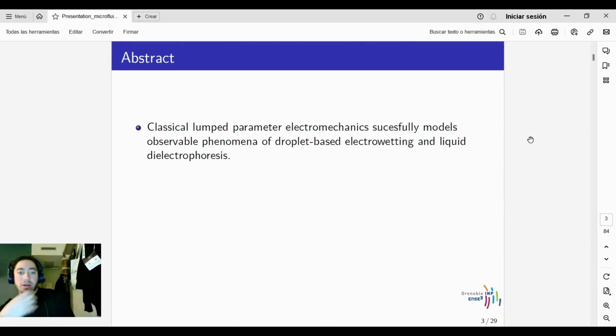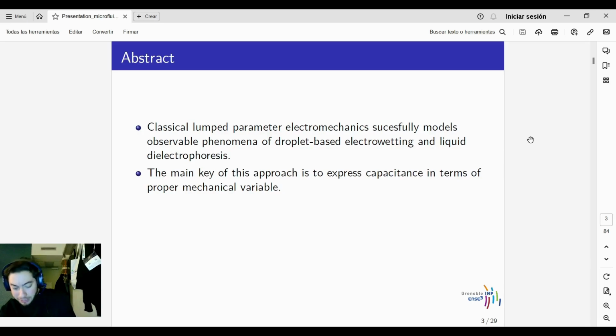In this article, a classical lumped parameter electromechanical model is presented that is able to describe the phenomena behind drop-based electrowetting. It is also extended to cases where the electrical field that is produced in a dielectric is no longer uniform, which we will explain later. That is called dielectrophoresis. The key importance of the approach presented in this article is that it makes the link between the electrical phenomena and the mechanical phenomena behind electrowetting,